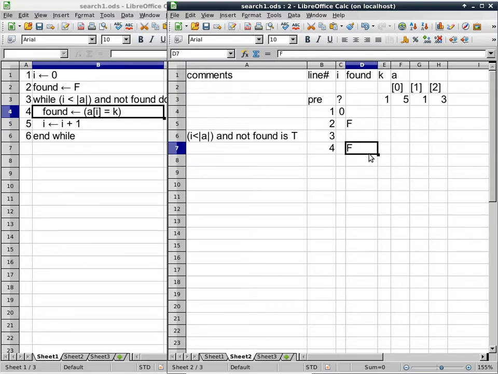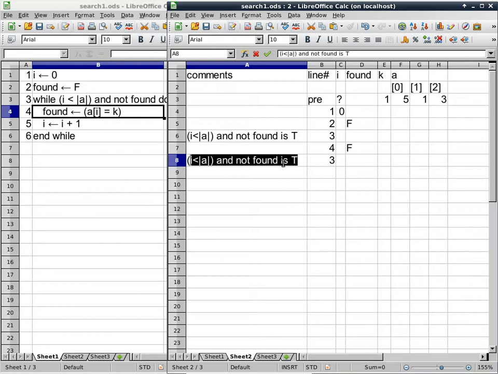This cell is important because we are actually putting a value into the variable. It just so happens to be the same as what it had already. But you do have to indicate that there is an update operation at this point of the execution of the program. We go back to line 3. What about this time? Is the whole expression true or false? I is less than bar A bar is